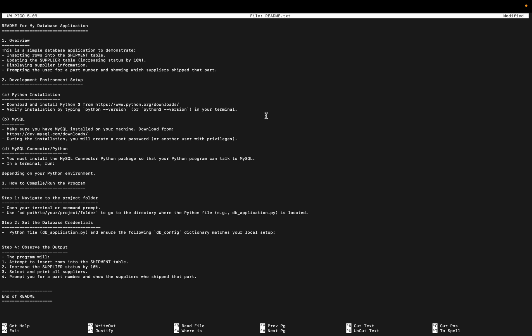So, in this specific project, it's just a simple database application to demonstrate some functionality like inserting rows into a shipment table, updating the supplier table, displaying supplier information, and the last prompt is prompting the user for a part number and showing which supplier shipped that part. The language I'm using here is just Python, and this is just a readme of it. So let's jump into